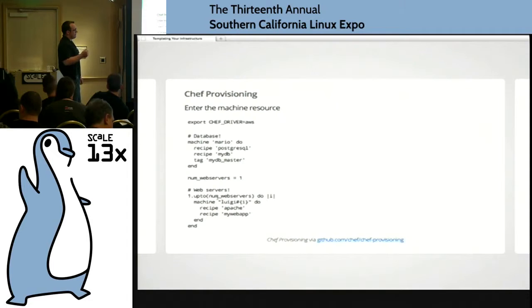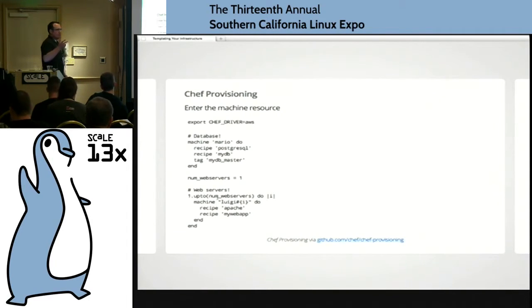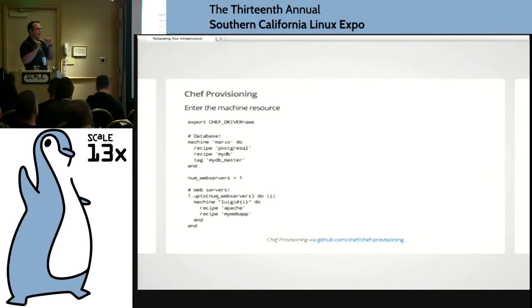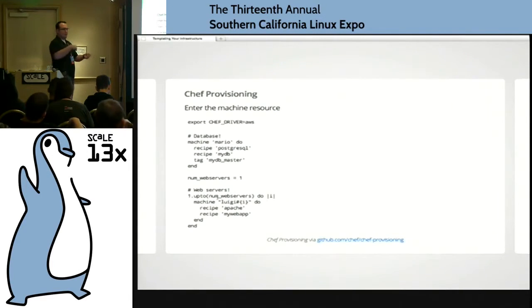So I don't think you're going to get things like managing buckets on S3 yet, but they're trying to bring in the notion of how do I go to a new cloud and set up my Chef server before I have Chef. So it's actually running this locally on your machine and then connecting out. I believe it connects out to the instance you provision, or spins up a Chef server, and that connects out to the APIs you're talking to. So it's actually doing it through Chef, but